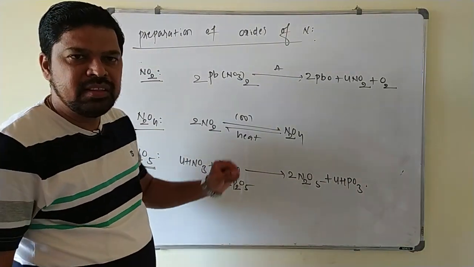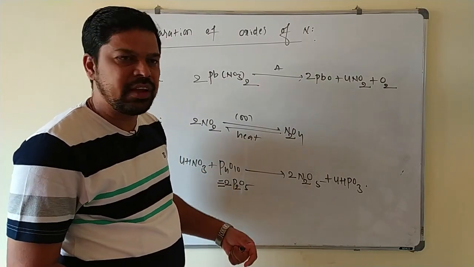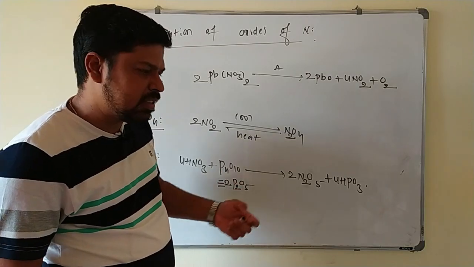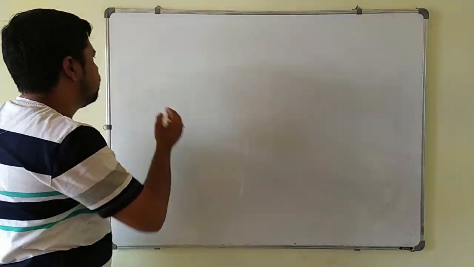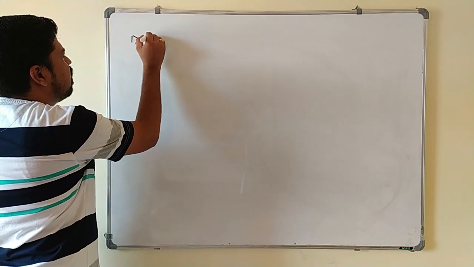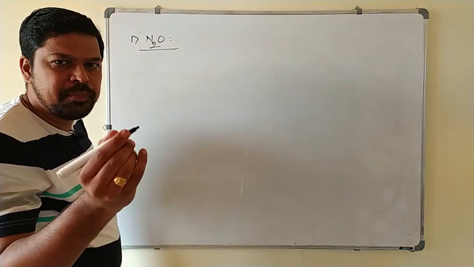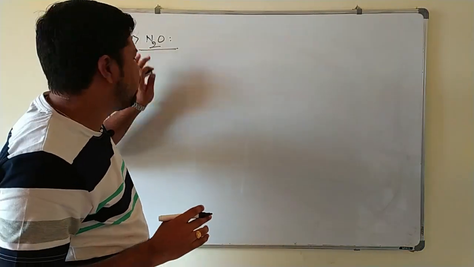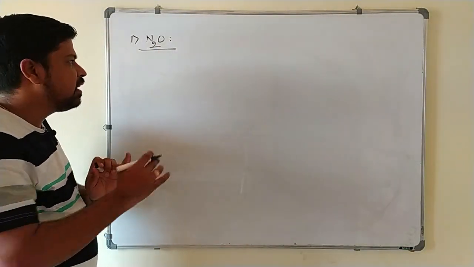Now we will go for the structure of each individual oxide. It's a resonance structure. Why they undergo dimerization, which is an odd electron molecule, all these things we will discuss now. Now we will write the structures of all these oxides. First one we will take N2O. I will give a simple trick to write the structures of these nitrogen oxides. First you have to take the number of valence electrons in each atom.